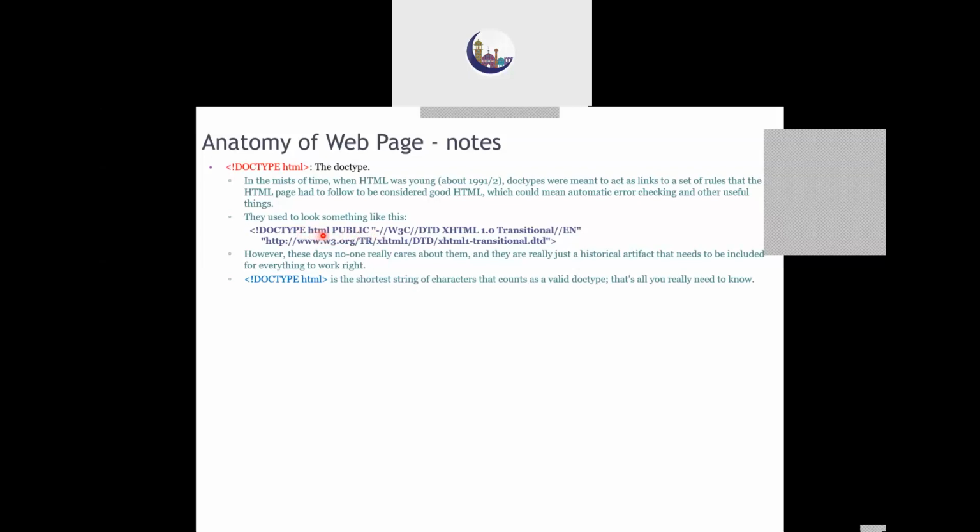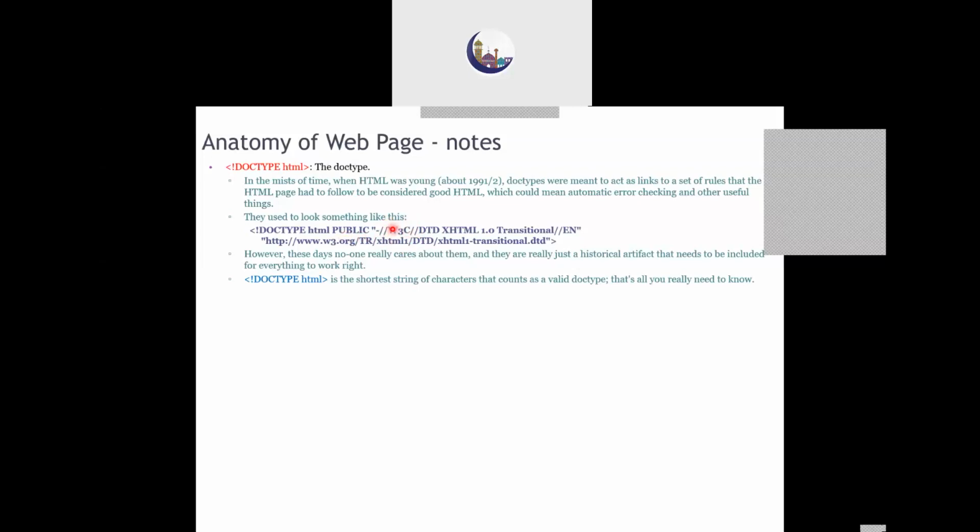So we are telling that we are using HTML and it is of public nature, means it's a publicly available standard, and that standard has been defined by the W3C Consortium. This is the main organization which maintains all the standard definitions of the tags.